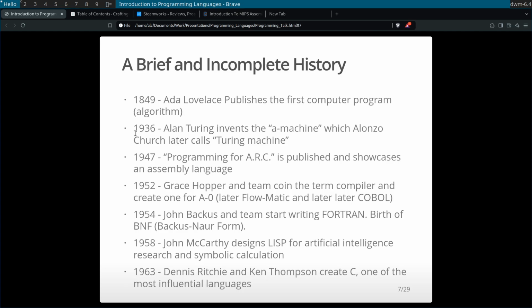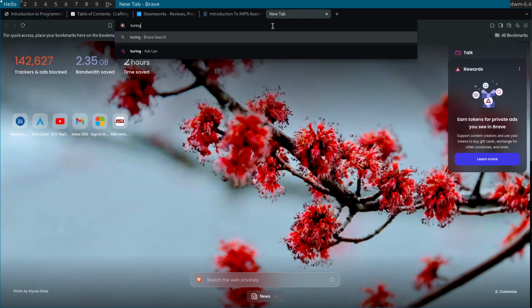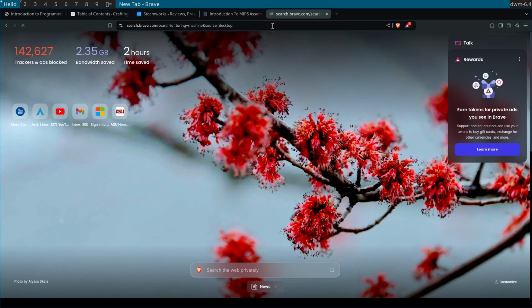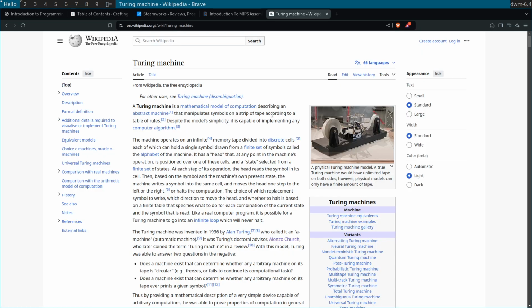In 1936, Alan Turing invents the A machine, which his PhD advisor, Alonzo Church, later calls a Turing machine. So let's see if there's a kind of a representation of that. What it is, it's an infinite strip of paper that's read into a machine, and it kind of just executes the possible instructions that are on the tape.